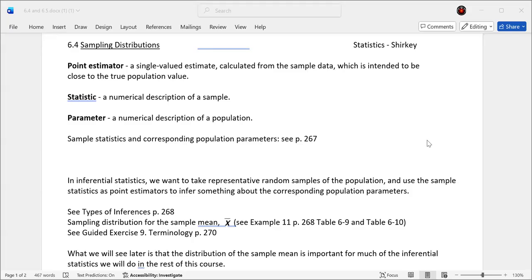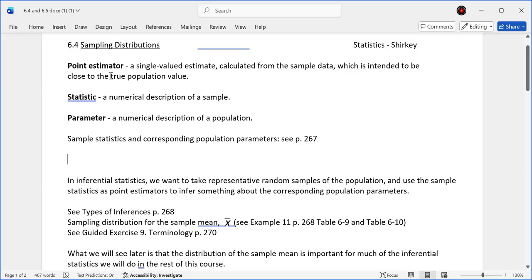Okay, in this set of notes, we're going to be looking at section 6.4 and 6.5. This is going to be brief. 6.4 is on sampling distributions, and so there's some terminology and some examples and pages that I want you to